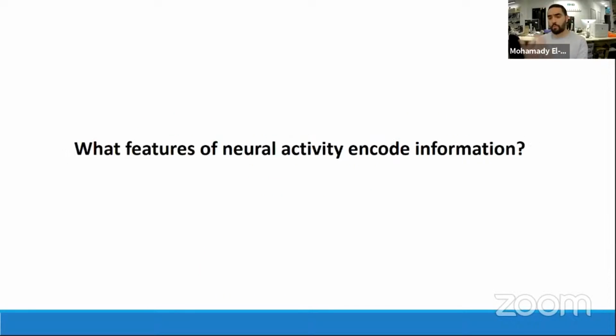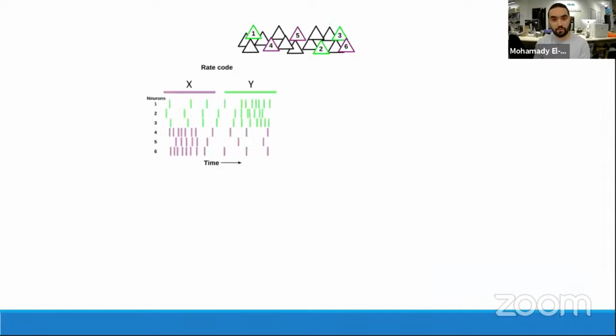The central question that we're interested in is what features of neural activity encode information. Now, consider this toy example here, where you have a set of 6 neurons that fire differently to different stimuli, X and Y. So neurons 1, 2, and 3 fire more for stimulus Y, whereas 4, 5, and 6 fire more for stimulus X. So this is your standard rate code that is found throughout multiple species